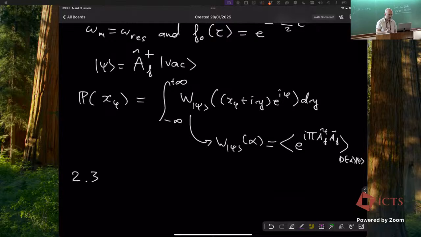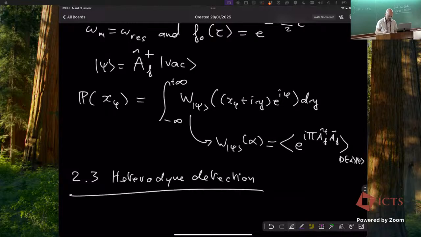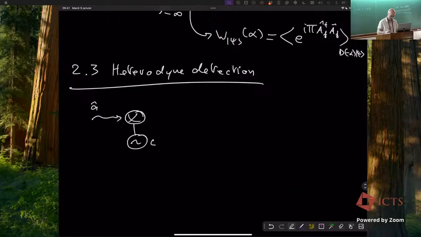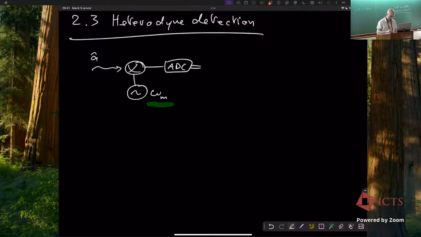Now let's move to heterodyne detection, which is another class of detectors. It's actually very similar to the previous one. In quantum optics, it's a bit of a mess. But in the microwave domain, a heterodyne detector works a bit the same. We have a mixer again, a microwave generator at frequency omega_m, and an ADC, and we measure. So it's exactly the same setup, except that now we will choose omega_m to be far away from